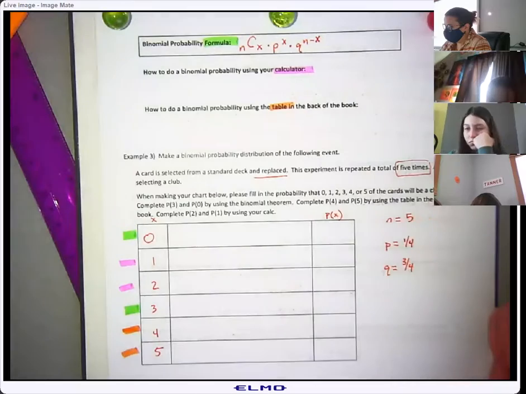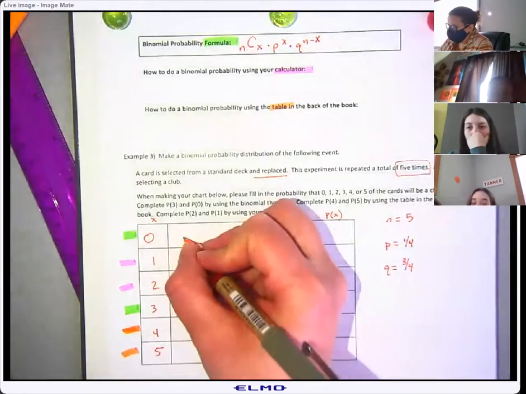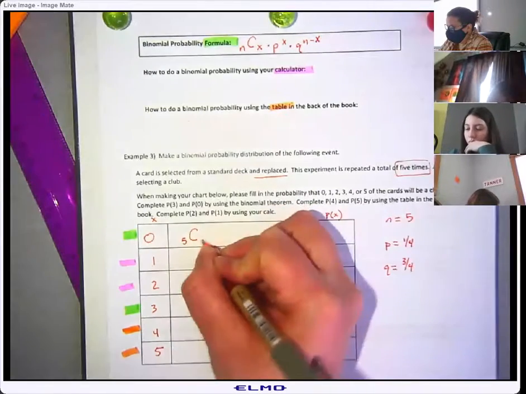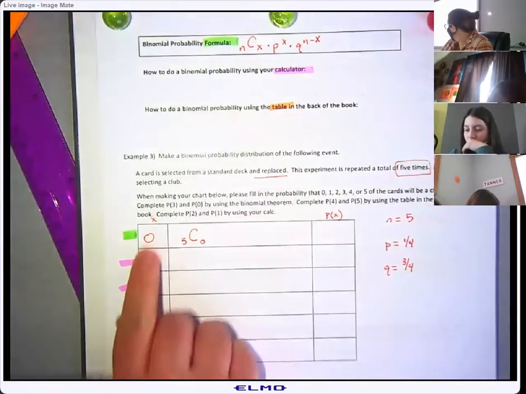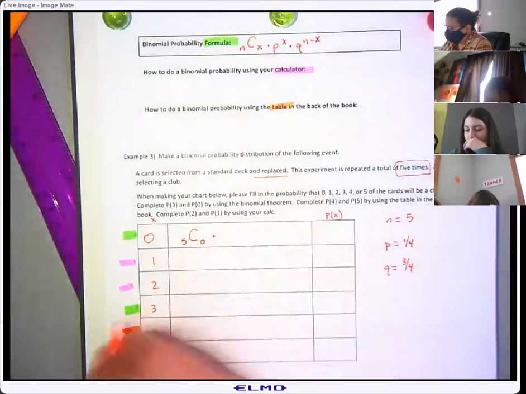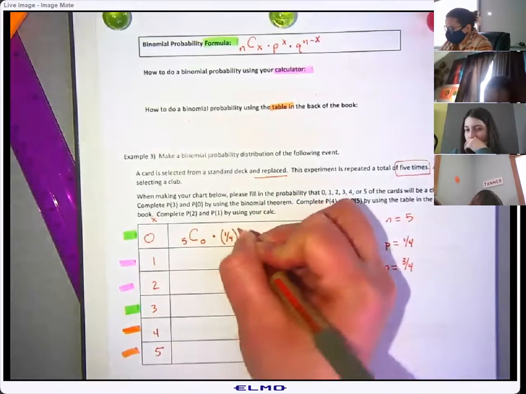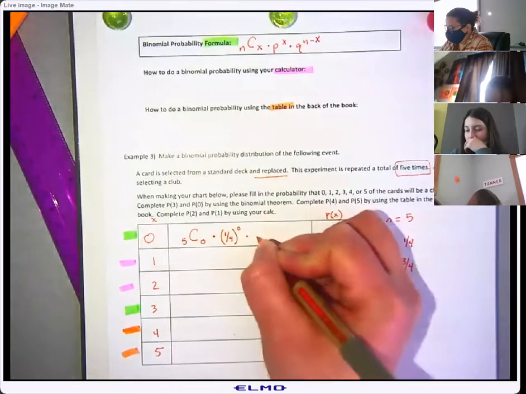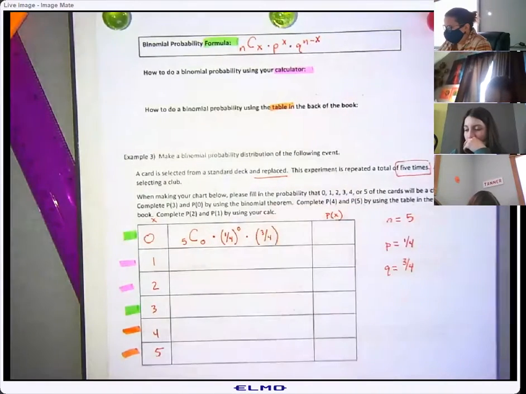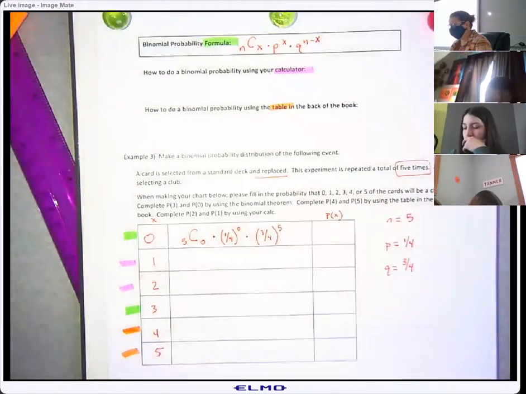Okay, so here's the formula. It is 5 choose x, in this case x is 0 because that's what we're on right now, times success, which is 1/4 to the 0 power, times failure, which is 3/4 to the 5 minus 0, which is 5. And I want to explain